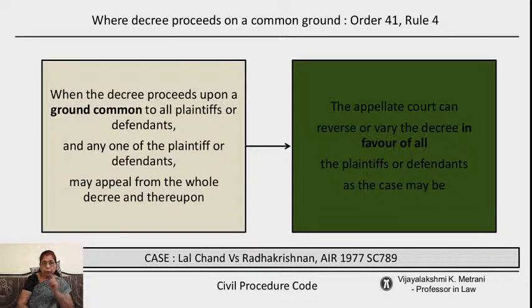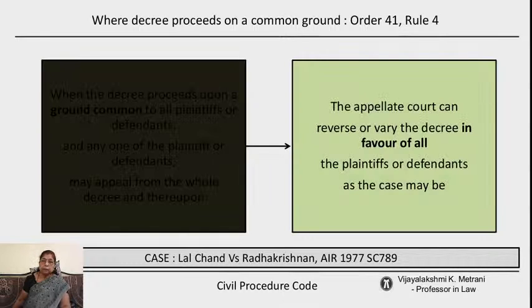If one plaintiff or one defendant appeals, he can appeal, he may appeal from the whole decree. Even though that ground is such that the other plaintiffs are not joining, he may proceed or he may appeal from the whole decree, and then the appellate court may have an option, that is, it may vary the decree in favor of all the plaintiffs